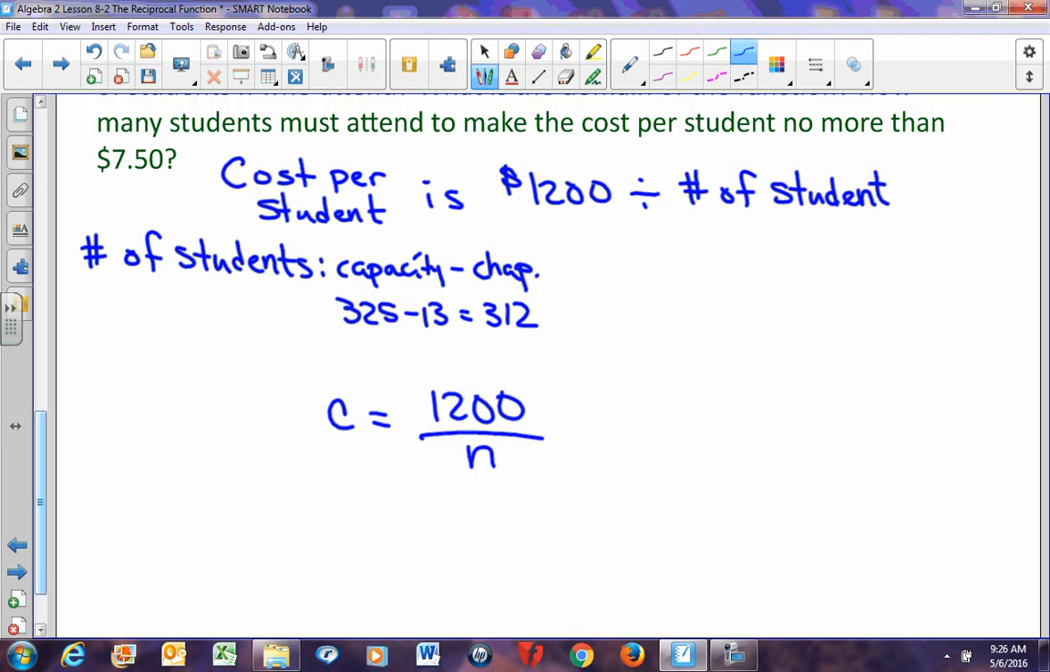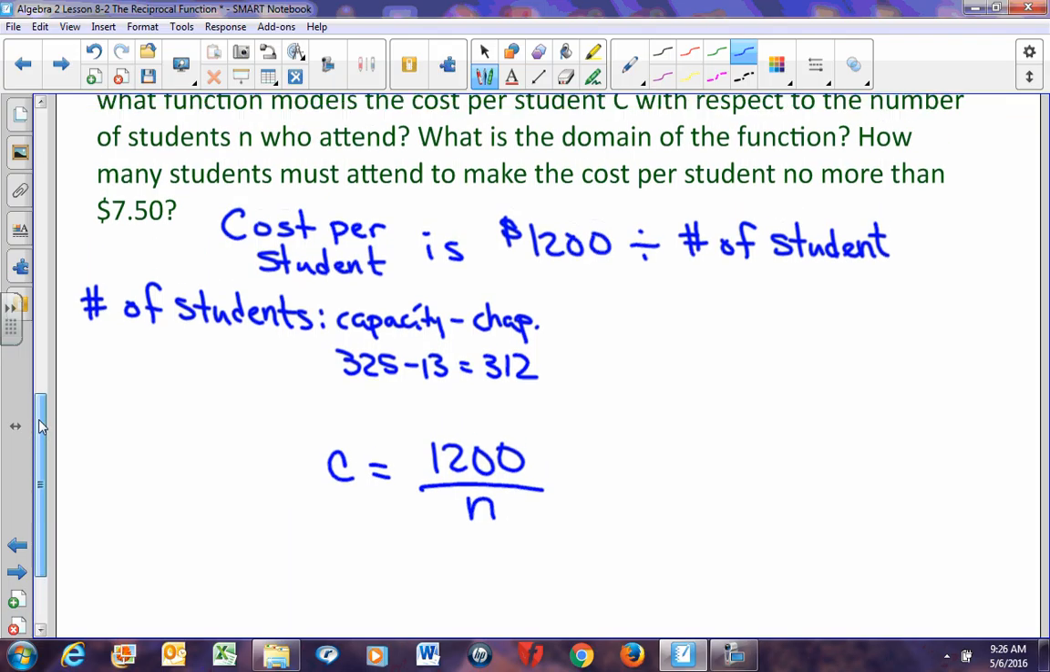So from here, we're going to look at this and say, okay, first of all, let's find our domain. Because it did ask us, what is the domain of the function? In other words, how many students can attend? Well, we're not going to have a negative number of students. And we cannot have more students than the capacity minus the chaperones. So our domain then